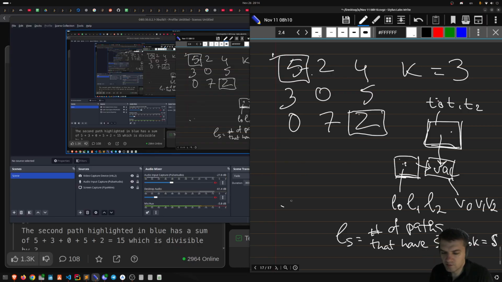Let's say V0 is again the number of paths that land on this cell that have the sum of their values mod 3 equal to 0, and this basically equals the number of paths that have